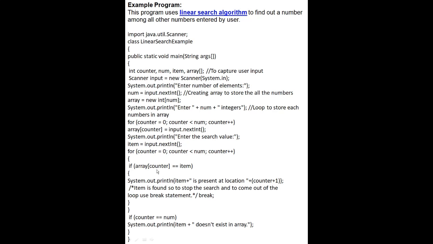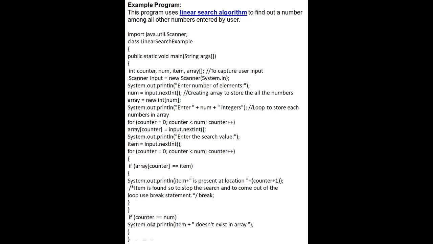Now if array[counter] equals item, curly bracket, System.out.println item is present at location counter plus 1. Item is found, so to stop the search and come out of the loop we use a break statement. Now the break statement will be used, meaning the number is found in the array.